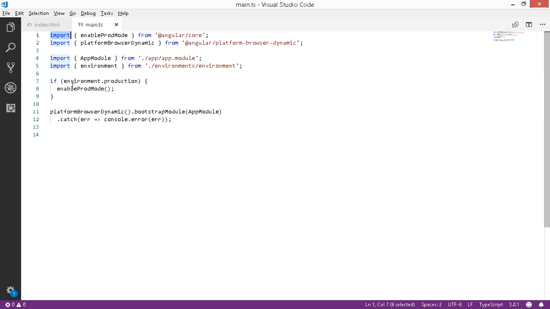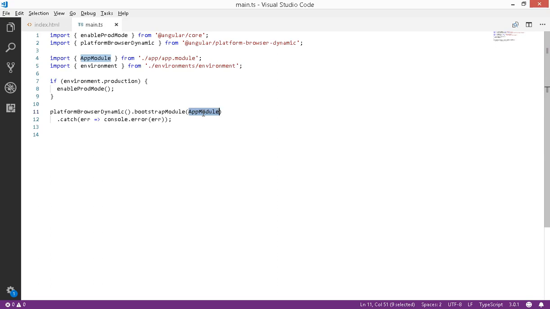So the main thing which I want to show is available in line number 11. So here you can see that it is written platform browser dynamic, right? This is a module, system module, I mean Angular module, dot bootstrap module, and here inside this we are passing a parameter app module. So it is saying that a module,